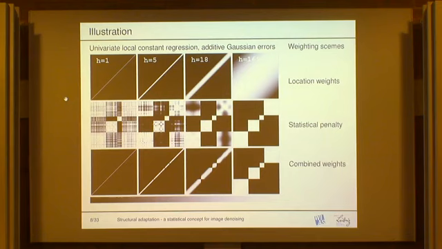And the location weights, they are getting less and less informative. And on the other side, information about differences between parameters, here differences about the value of the regression function, is accumulated in a statistical penalty, that's this Sij. And what you have here is,